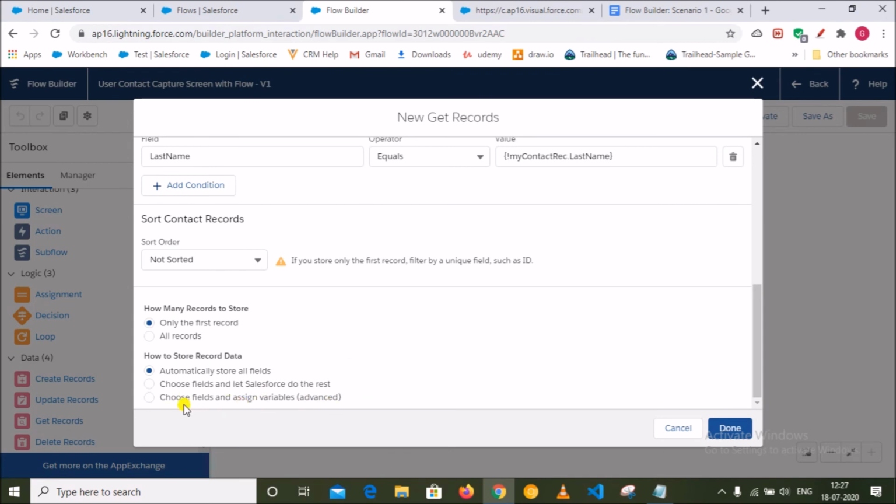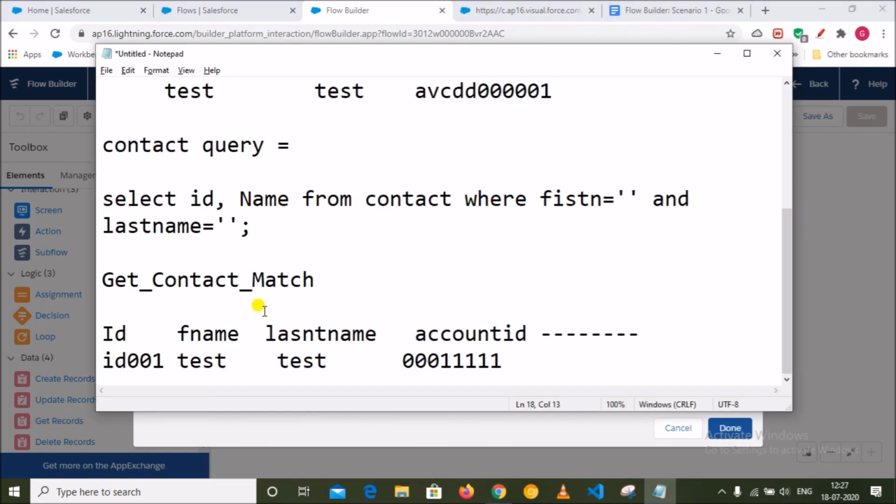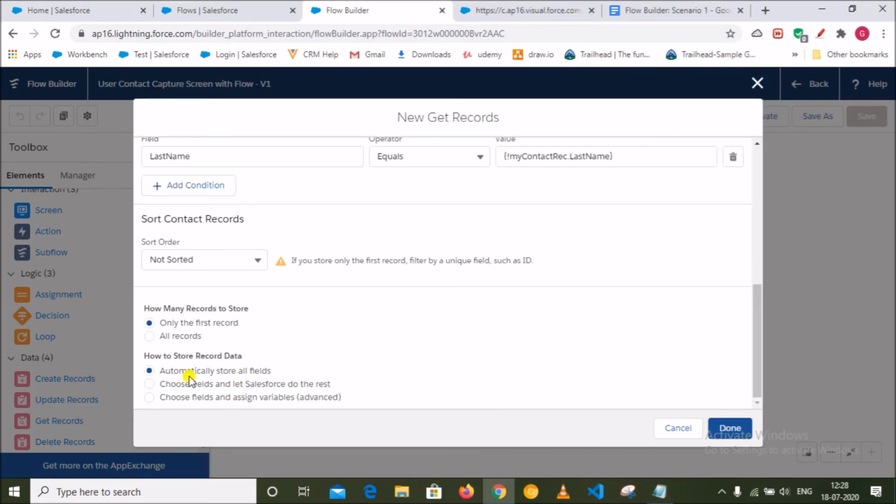So you will choose the fields and assign variables. I will store this value in another variable. I will not store this value in this variable, I will store it in another variable. So I can have that option as well. But for simplicity, I will make it automatically store all fields.